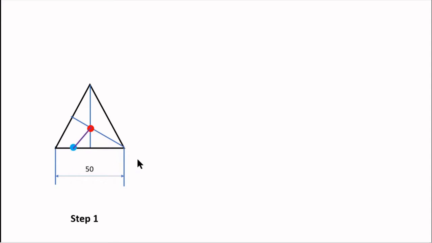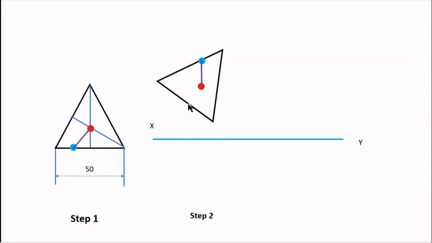Now using this reference figure, I start step 2 by drawing the XY line. I start with the front view, keeping the point of suspension at top and the centroid below, because gravity causes the line of the centroid and the point of suspension to lie on a perpendicular to the XY. So because of gravity, the point of suspension where we are hanging the plane and the centroid become vertical, and using this reference figure we then construct the equilateral triangle about these two points.